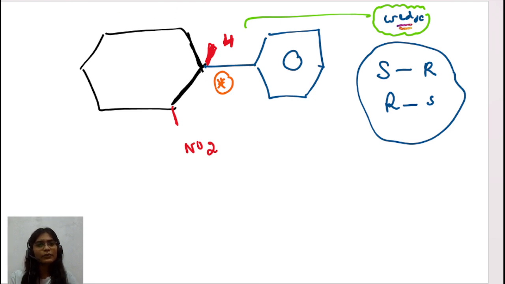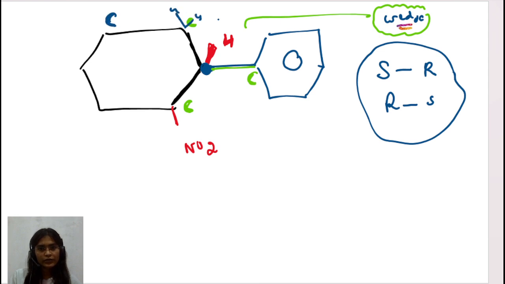But on the other hand, in this case, let me just solve this. How about the priority and order? Let's first discuss the priority part here. So this is the carbon. If you observe, this is a carbon, this is also a carbon, this is also a carbon. It means there is a tie for the first atom. Let's continue further. This carbon is connected with one more carbon and two hydrogen. Let me write in the bracket how to check it for the priority.